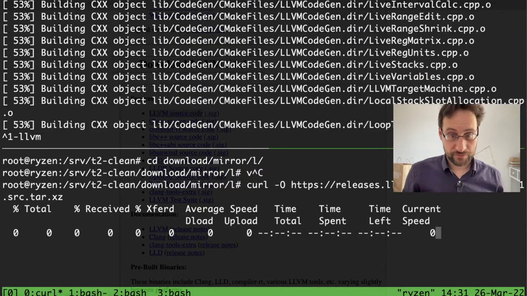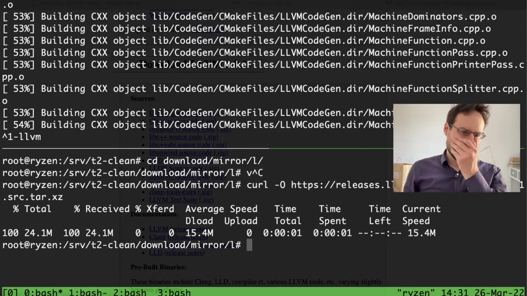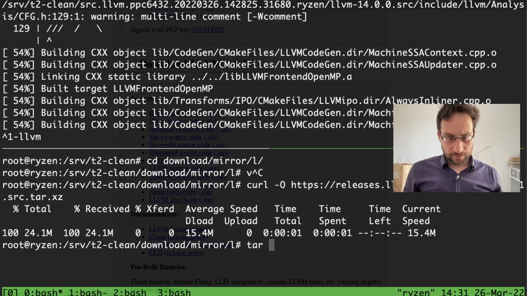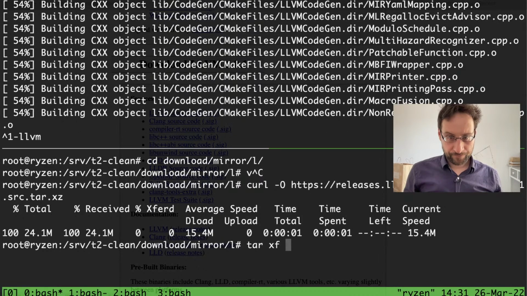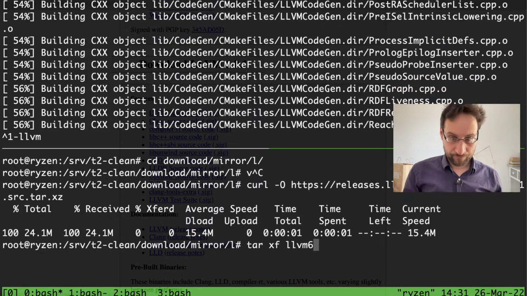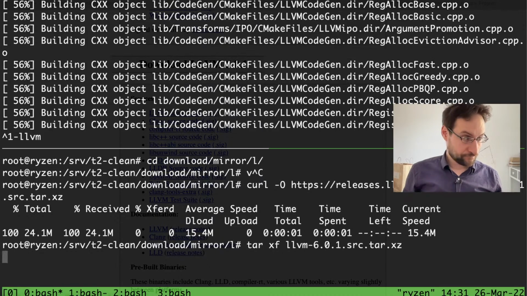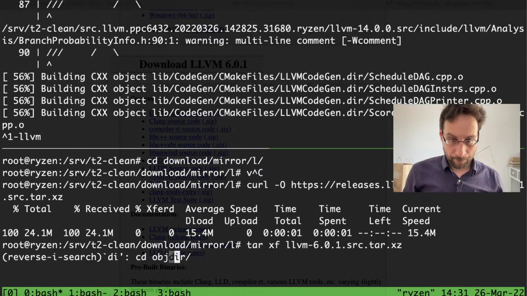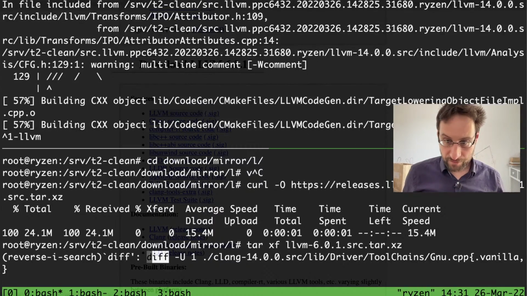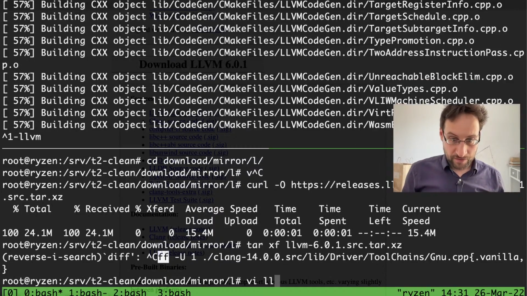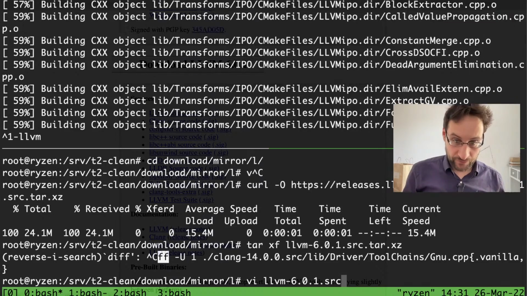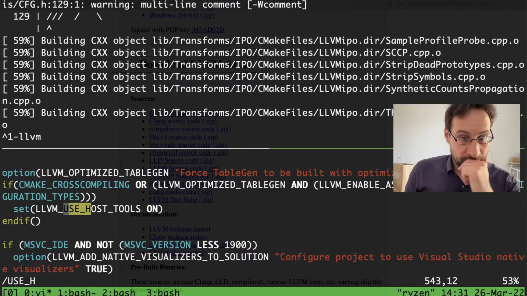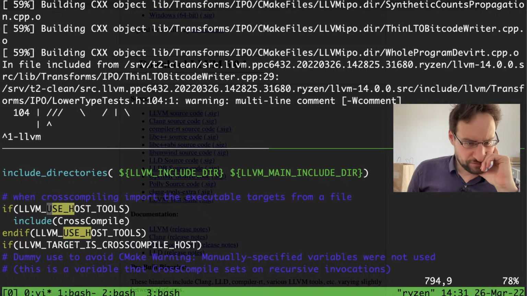It's still building, so far so good. Was it in here? No, this is the wrong one. LLVM 6 CMake use host. Crazy, that is also still already there.